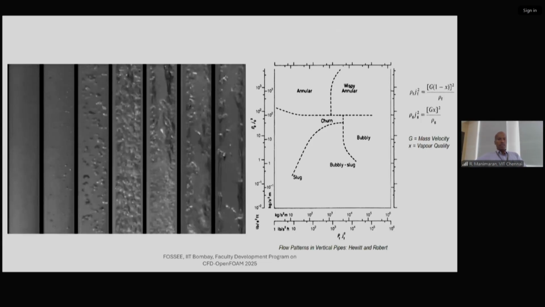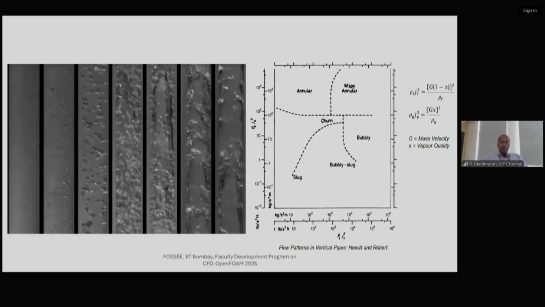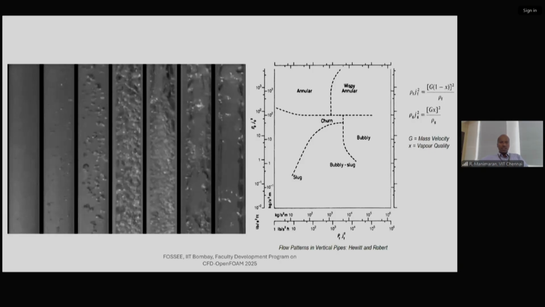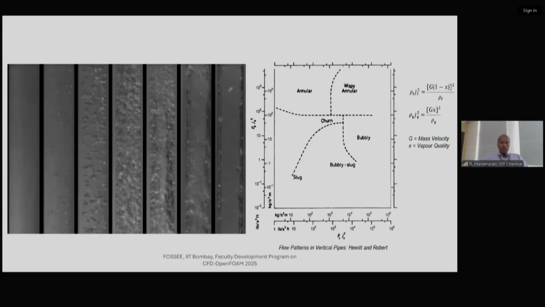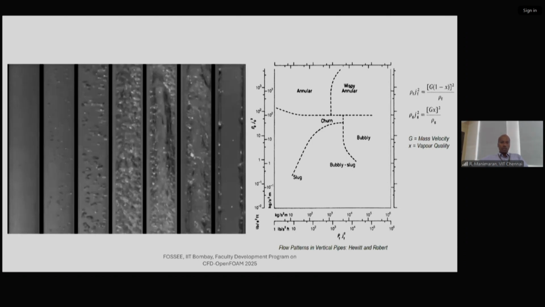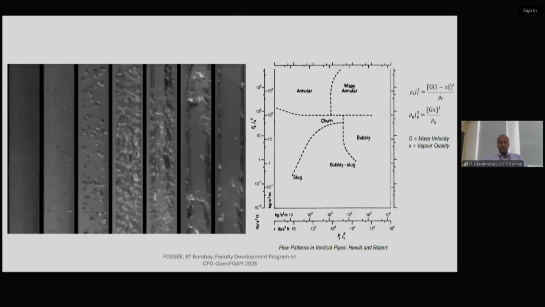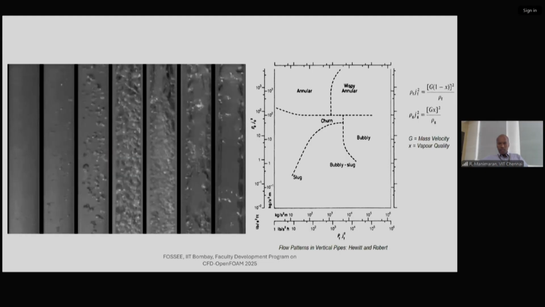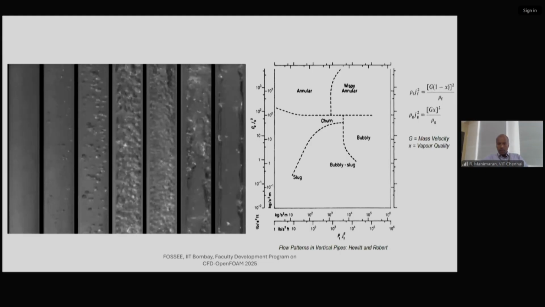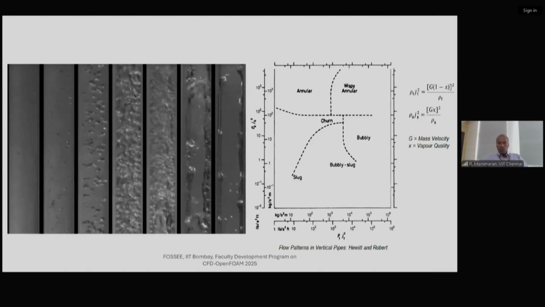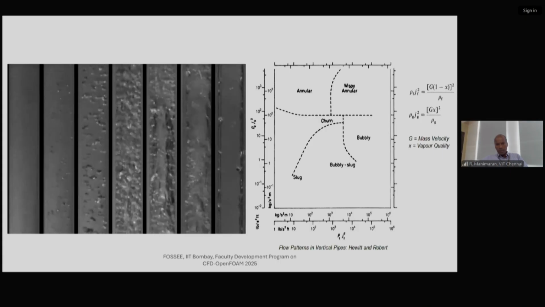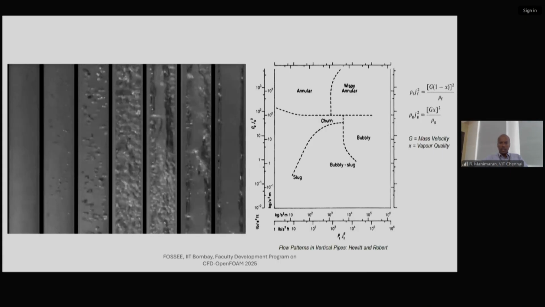So this is a clear indication. You can see the transition from the bubble gradually increasing in size, and then suddenly bursting out into a plug or slug flow, followed by annular flow, and then churn flow, and so on. So these are the different flow patterns in vertical pipes, which is given by Hewitt and Roberts. Again, they formed a non-dimensional number that is specific for differentiating the liquid and gas flows